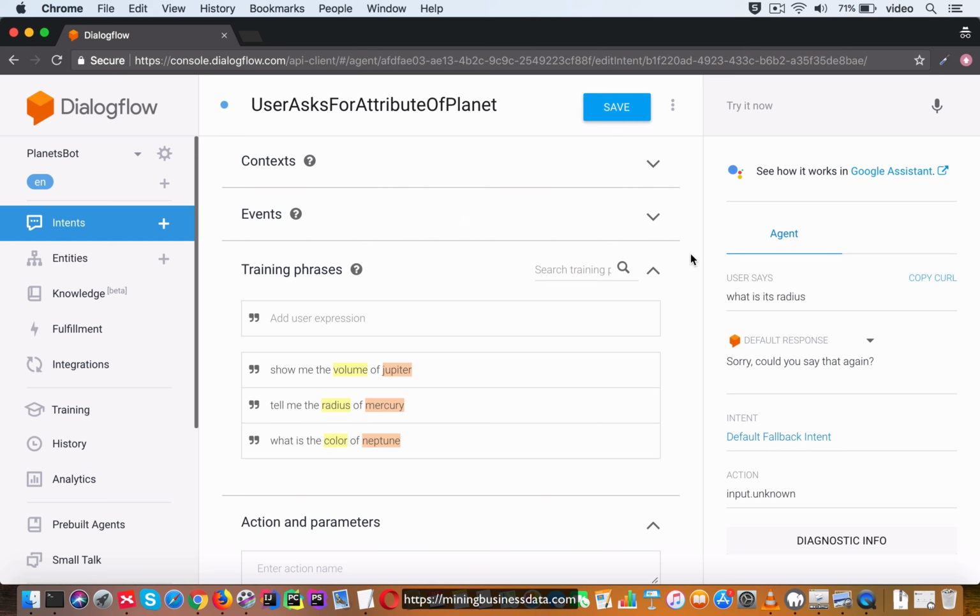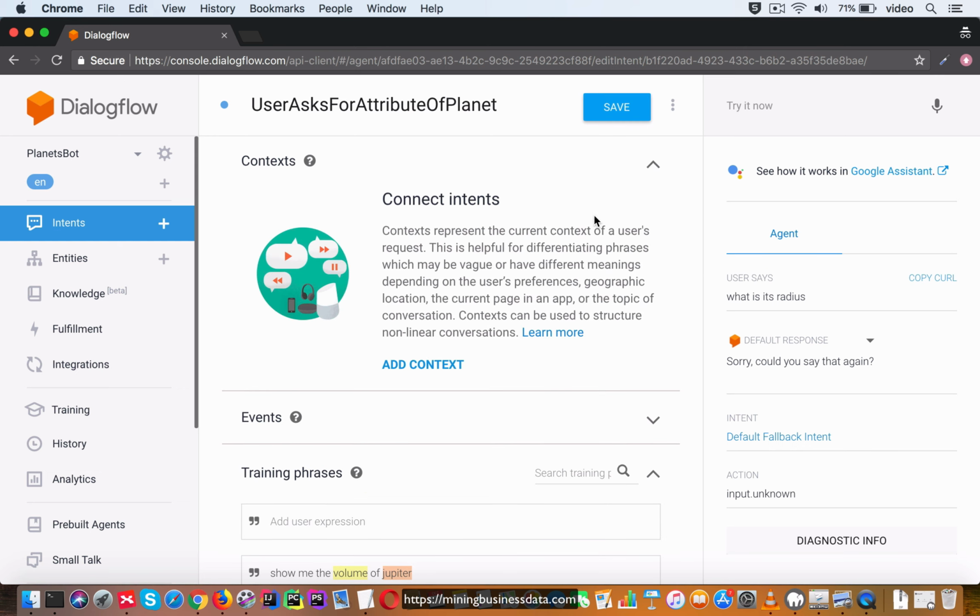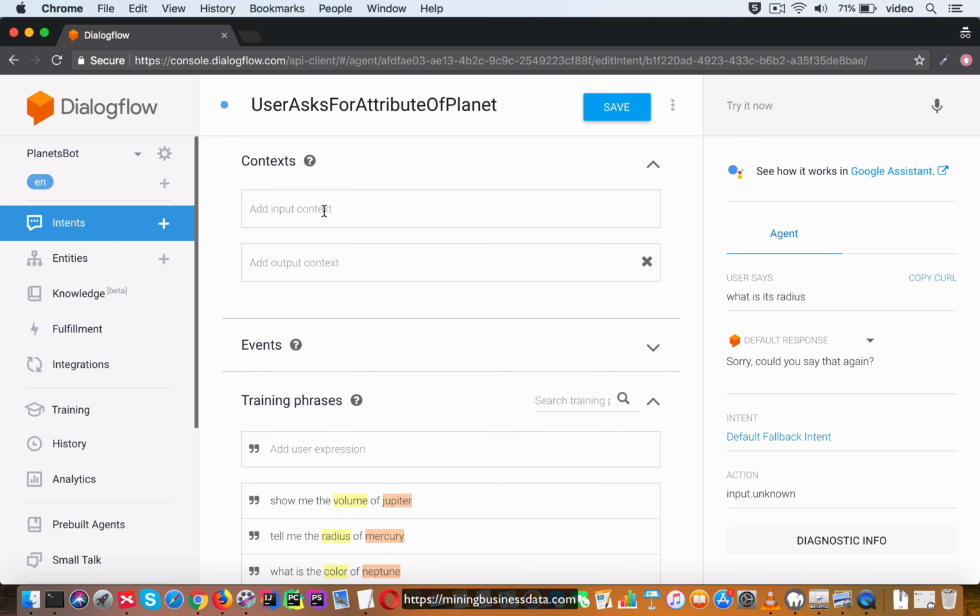So what you should do in that case is go to this intent, user asks for attribute of planet, and open the section here called context, and click on add context. And here you have these two things, an input context and an output context. Once again, this is much easier to explain by showing an example rather than trying to explain the definition of input and output context. So what I'm going to do here is, we know that the planet attribute